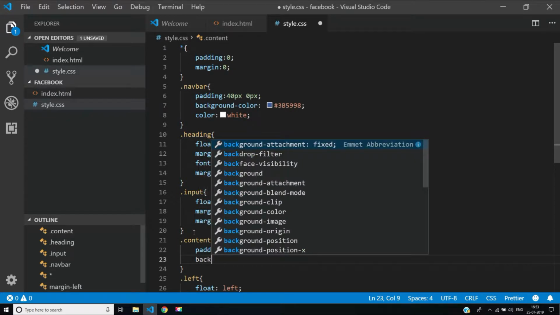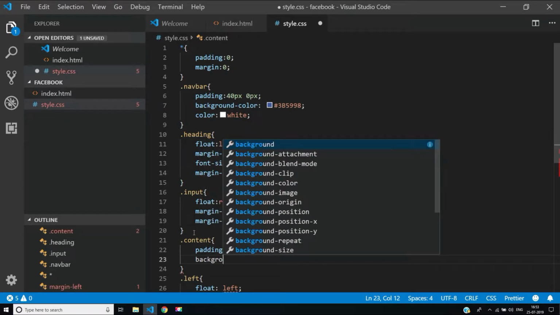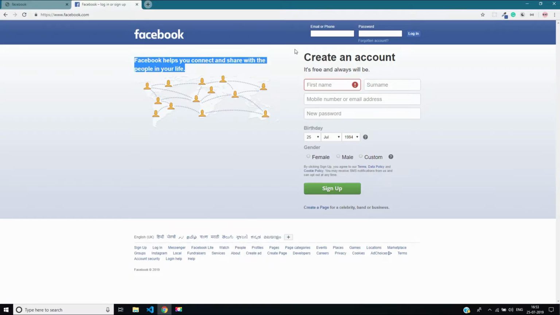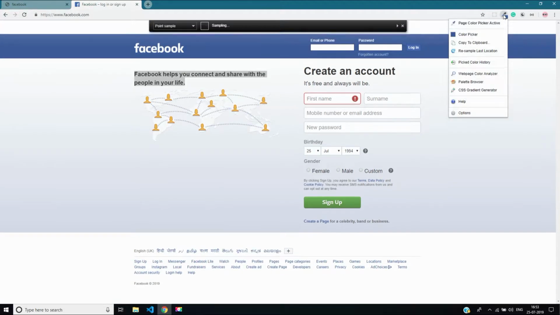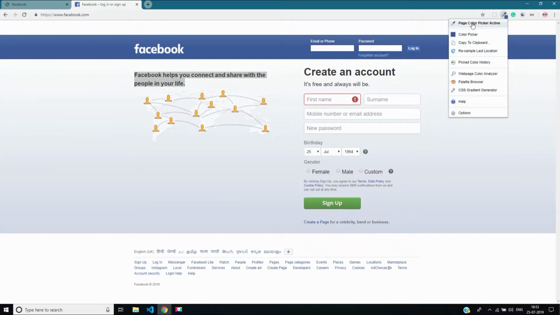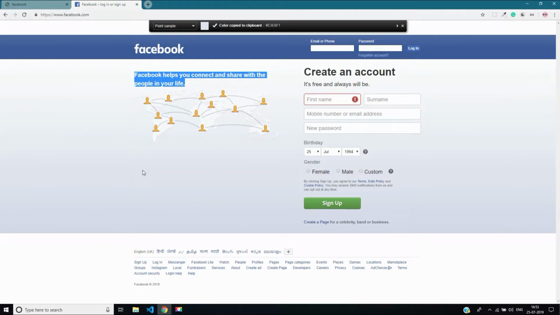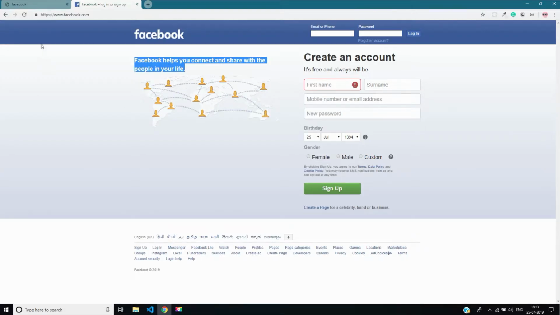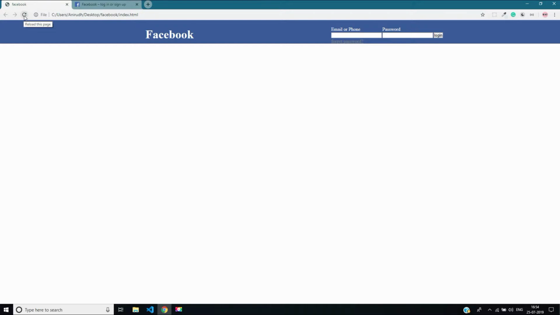And let's quickly add background color also. So I'll just copy the color from this color picker tool, copy this color, and I'll paste it here and save it. And now let's get back to,